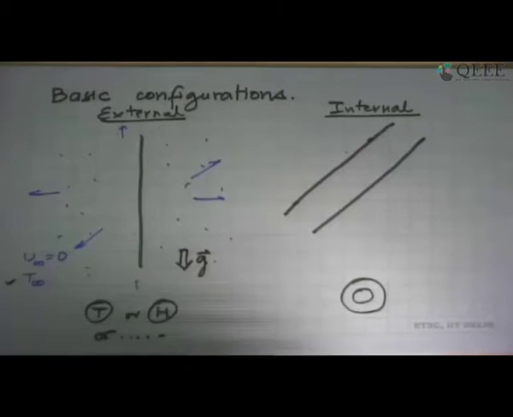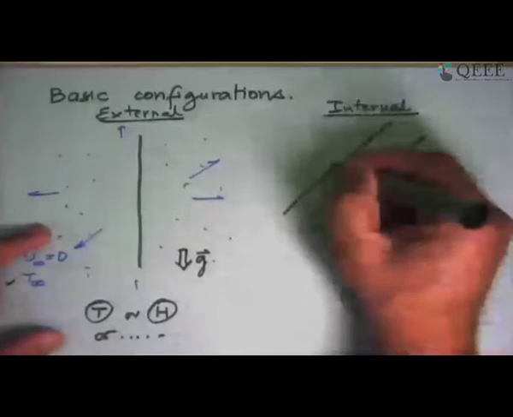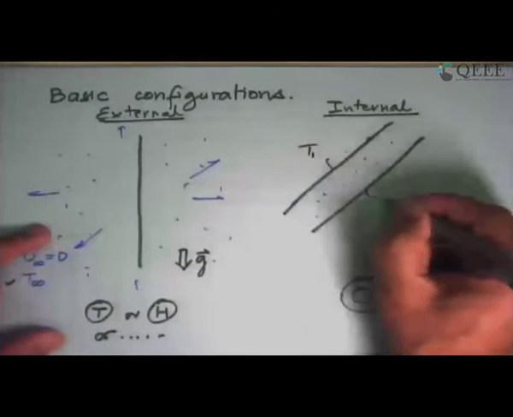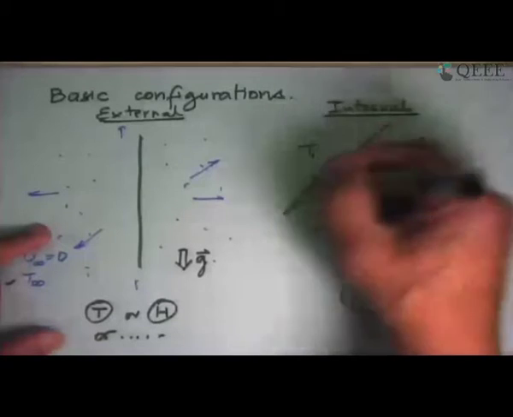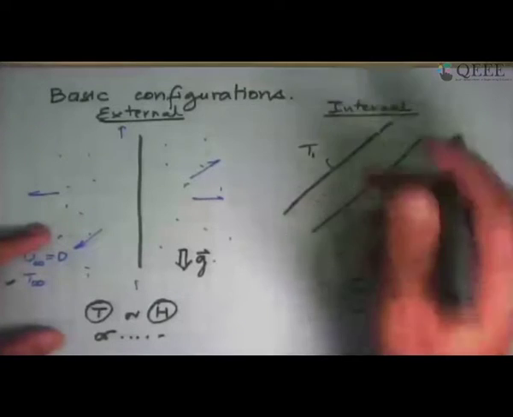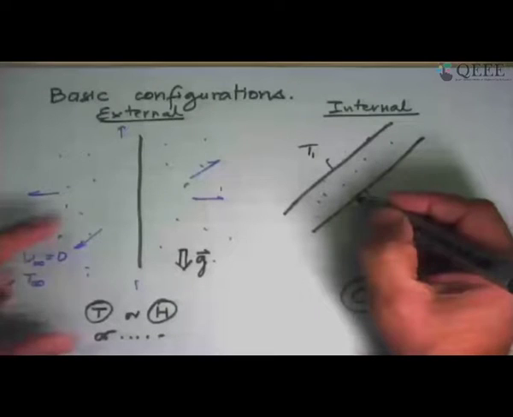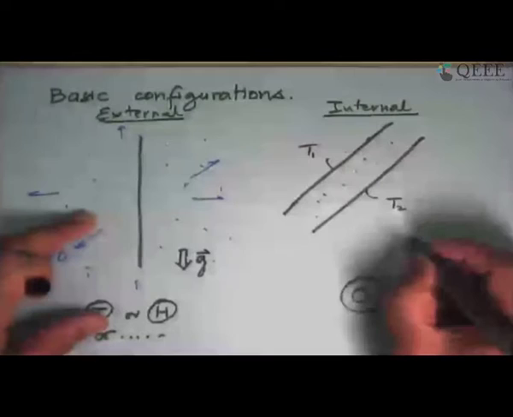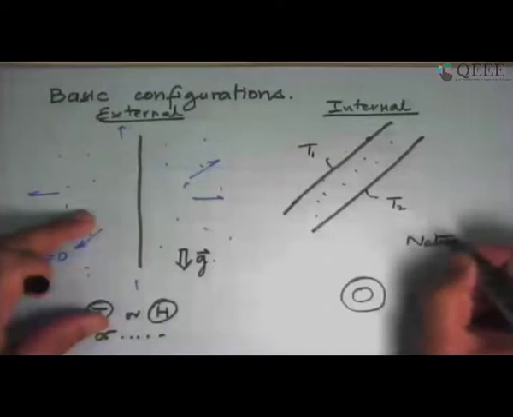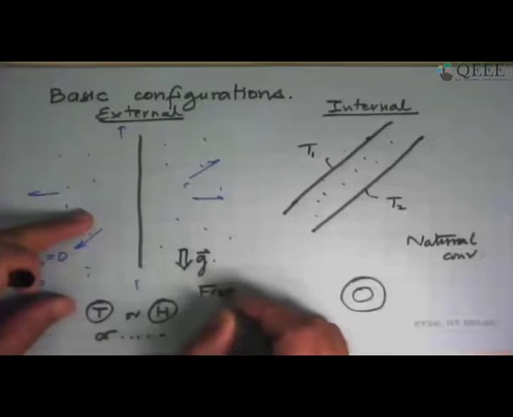The other case we will look at is internal flow, and now there are two plates. In between this there is the fluid. One of the plates is at T1, the other plate is facing the fluid at T2. On the back side they may be insulated, and this sets up different types of currents, and here the fluid is encountering surfaces on both sides. This is different from the case that we looked at here. So this particular problem, we don't call it free convection, but this we will call natural convection, and this one free convection.